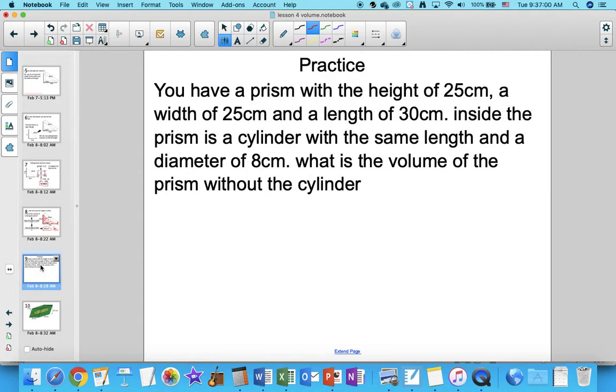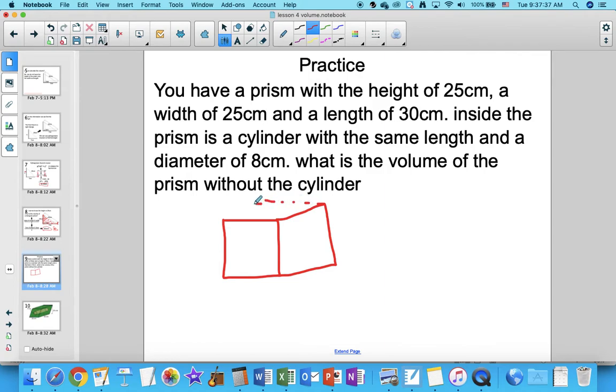You have a prism with a height of 25 centimeters, a width of 25 centimeters, and a length of 30 centimeters. Inside the prism is a cylinder with the same length and a diameter of 8 centimeters. What is the volume of the prism without the cylinder? Right? So what you want to do is, again, draw your prism, and it doesn't have to be perfect, right? You can just draw anything you'd like as long as you put the correct information